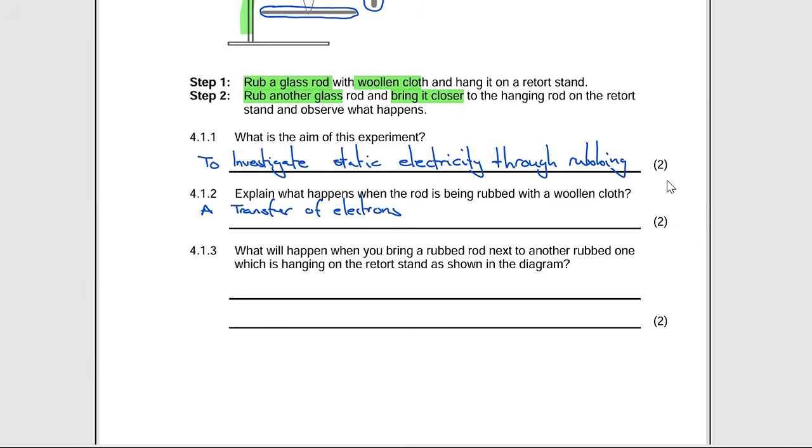There's going to be a transfer of electrons from the cloth to the rod,